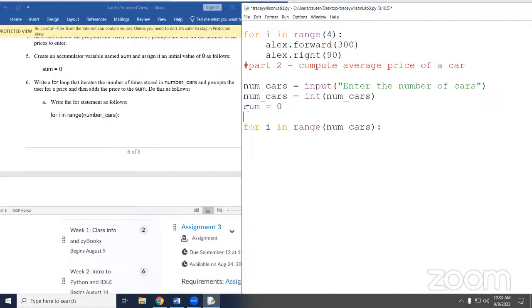Now, sum is not usually my preferred choice for a variable name. Why? Because it's a keyword and it turns purple. And it kind of breaks that. So every time I teach this, I keep telling myself I'm gonna go back and make it total, and I keep forgetting to update the directions. But you can make it total if that makes it clearer to you, but sum will also work. It just is purple.